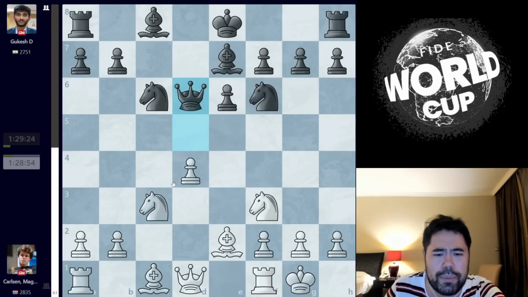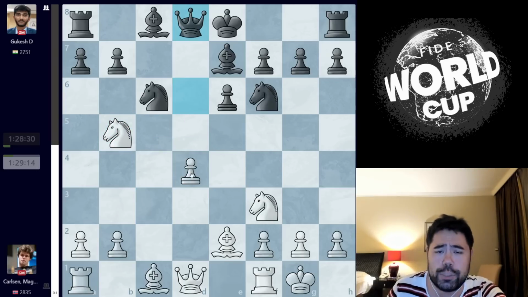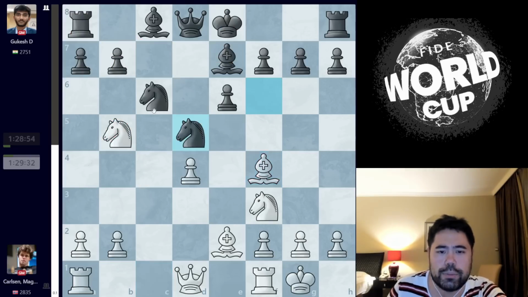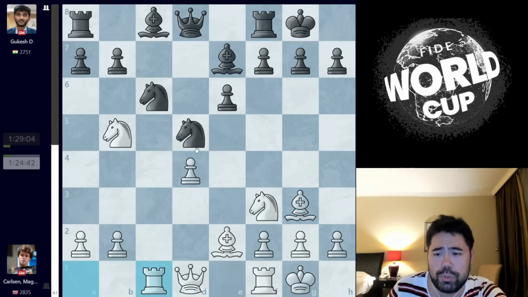At any rate, in this game, after queen d6, Magnus plays knight b5 right away, trying to attack the queen and forcing Gukesh to move the queen from this optimal square. Gukesh plays queen to d8. Magnus goes bishop f4, trying to play knight c7, forking the king and the rook here. In this position, knight d5 is played, attacking the bishop and covering the c7 square. Magnus plays bishop g3, Gukesh castles, and now Magnus plays this move rook c1.